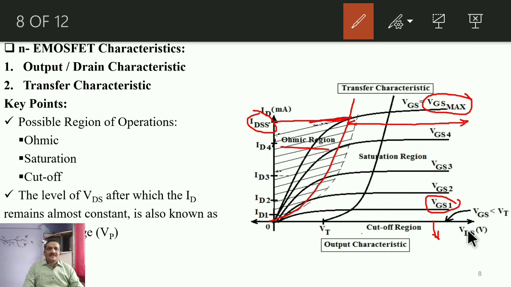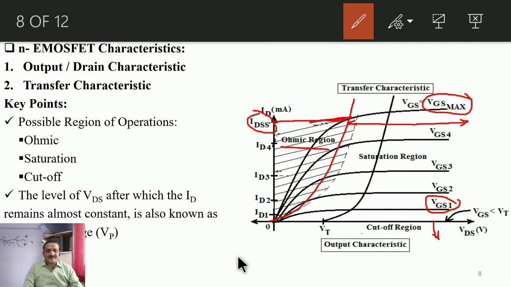Now another characteristic is the transfer characteristic. Transfer characteristic means a characteristic between the controlling and controlled parameter of the transistor. The controlling one is VGS, as it is a voltage controlled device that we discussed. So on the x-axis there will be VGS, and on the y-axis the controlled one is the output current, that is ID. So up to VT, what will happen? The current will remain 0, and after VT there will be an increase in ID,